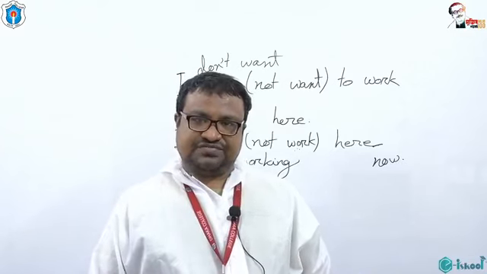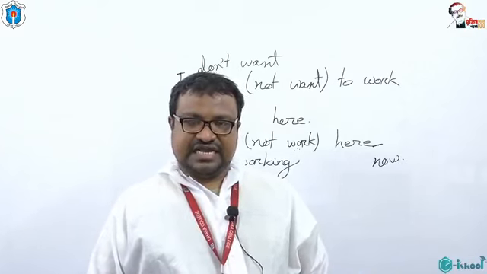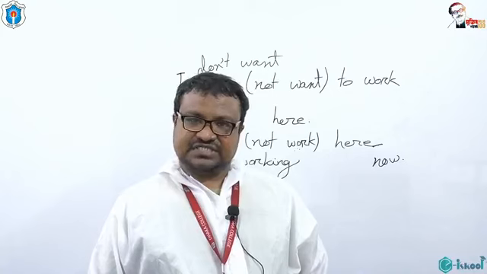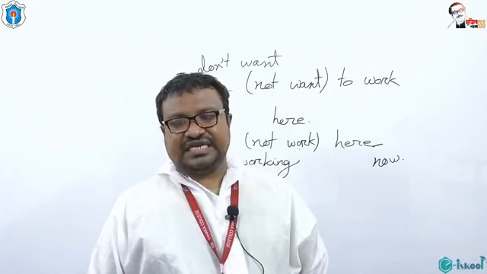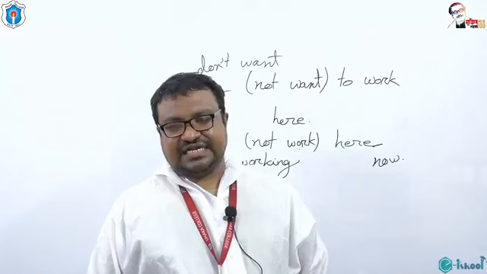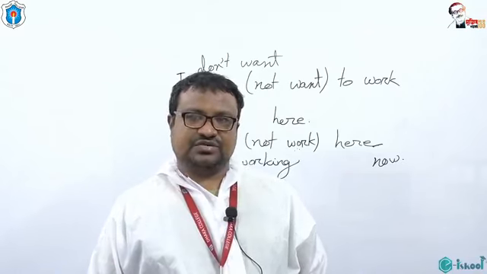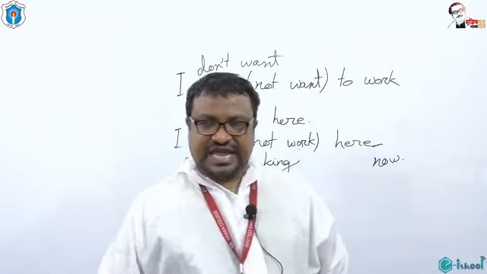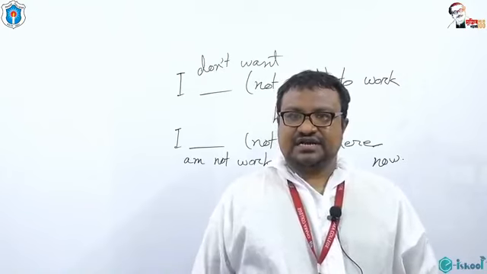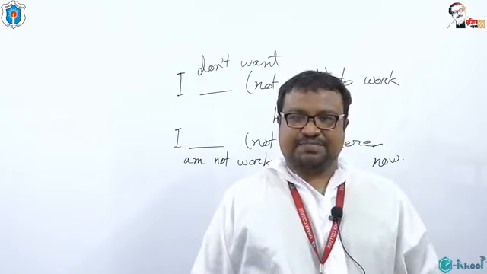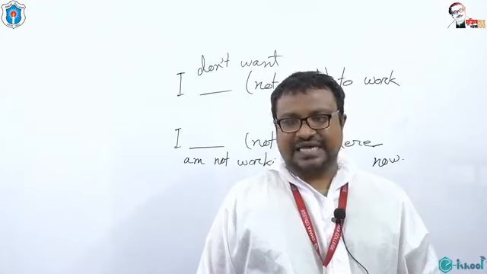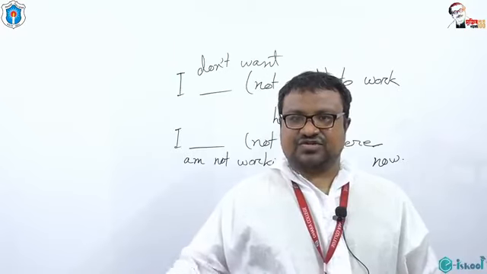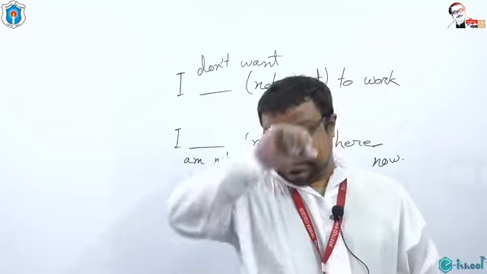In this way, we will use is plus not if the sentence has been started with a subject which is third person singular number. If it is any other subject like second person or third person plural number, then we are using are plus not plus ing. These kinds of structure we use, and again we use have or has plus not plus the past participle form of main verb. Why? Because in the case of perfect tense we are using these structures.